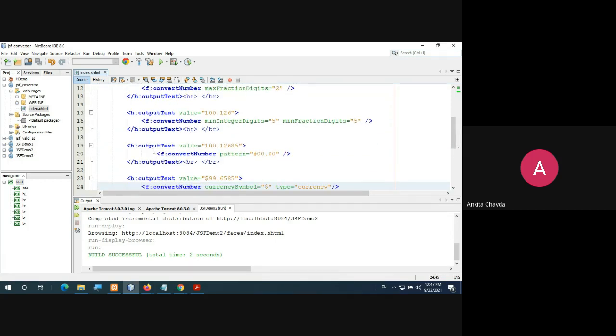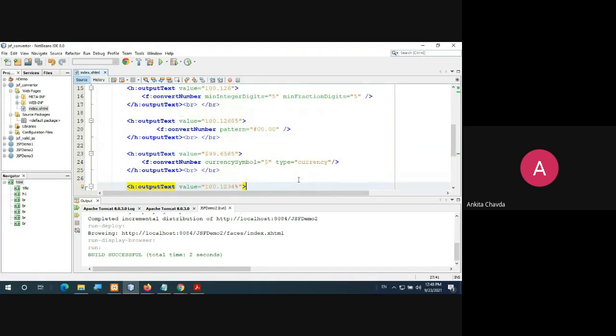Then if in this output text I'm having a value like this, and I'm saying the pattern should be like this, hash 00.00, so once you check the output, you will get this. Now I'm using the currency symbol. If I'm having this value $99 point this, I want to use this currency symbol dollar, and the type is the currency. Okay, so they will allow you to enter that dollar also in the output.